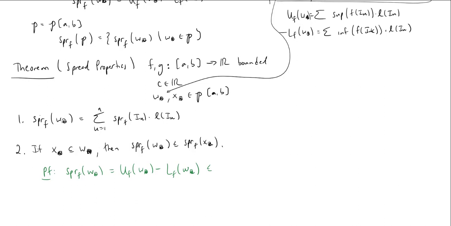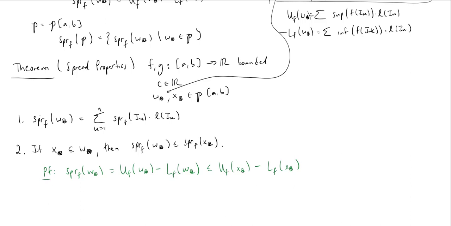So if I replace the upper sum of W with the upper sum of X, I'm getting bigger. And when I refine, the lower sum actually gets bigger. So if I replace the lower sum of W with the lower sum of X, I'm getting a smaller lower sum. And so the difference between the upper and the lower has gotten bigger when I do the